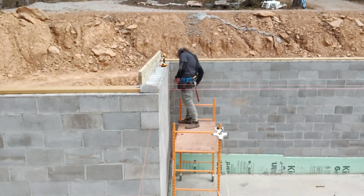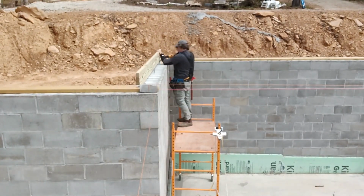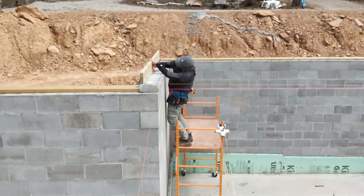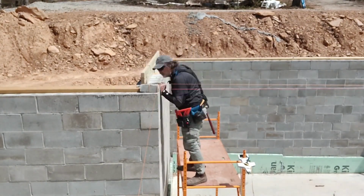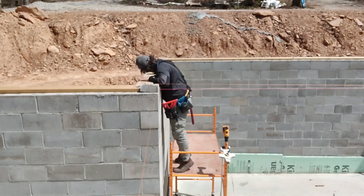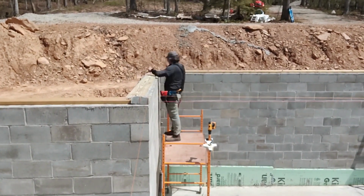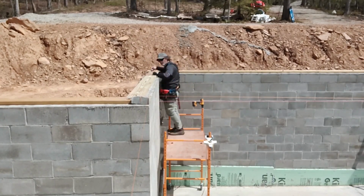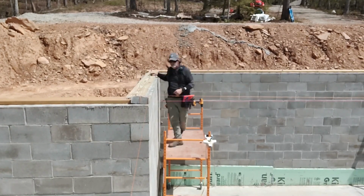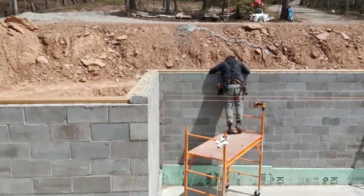We don't want a situation where the sills are out of parallel with one another because that just makes for problems in the framing process and, quite frankly, with the rest of the construction project. If you start square, you end square, and that's what you want to shoot for. So I've dry fitted the entire sill plate around the entire foundation. Took some preliminary measurements before I did it to site where I believe I want the sill plates to land